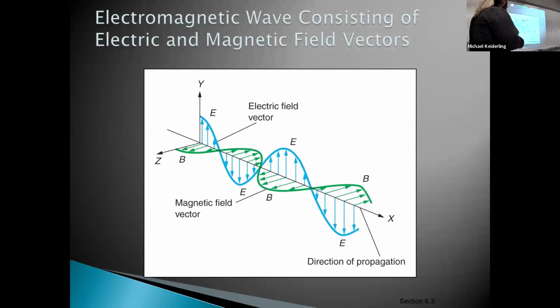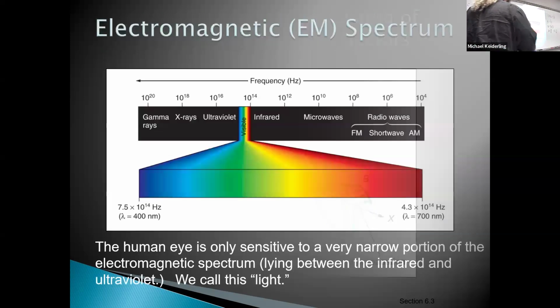So here's sort of what you see. As the light travels along the X direction, the electric fields move up and down in the Y direction. The magnetic fields move left and right in the Z direction. And what happens is that the changing electric field creates a magnetic field, and the changing magnetic field creates an electric field. So light is sort of constantly creating itself. And it propagates through the field everywhere.